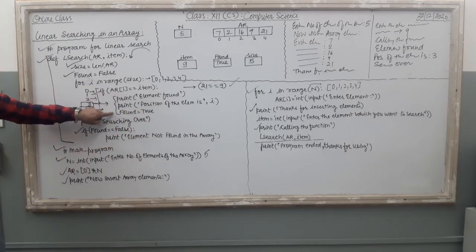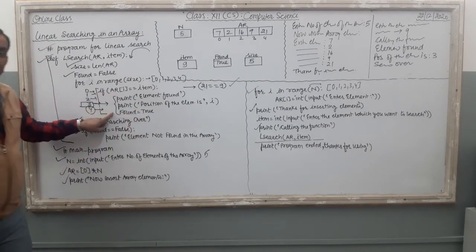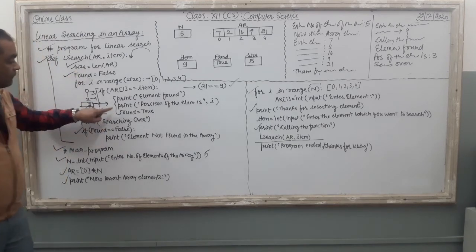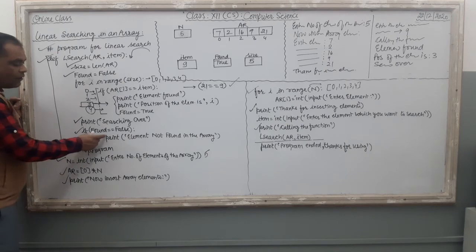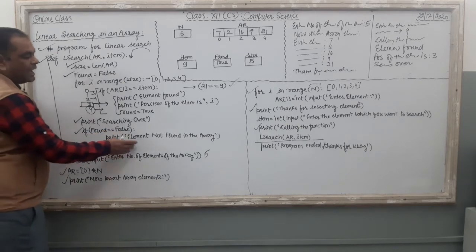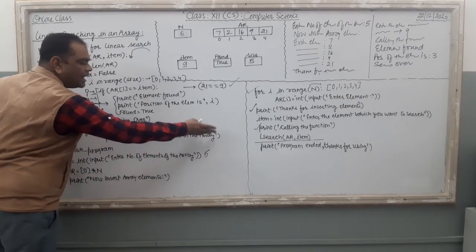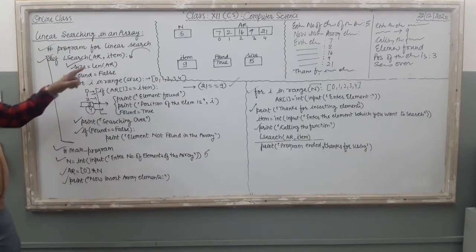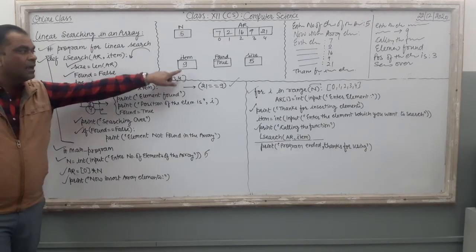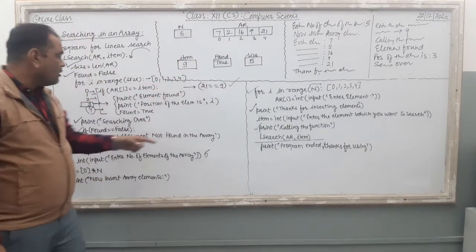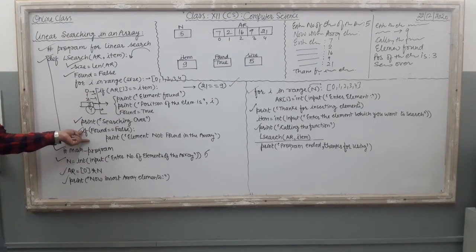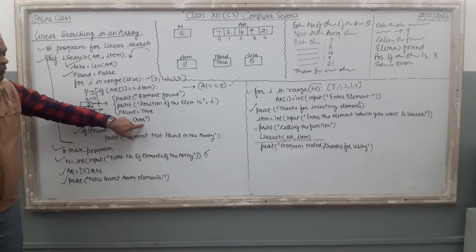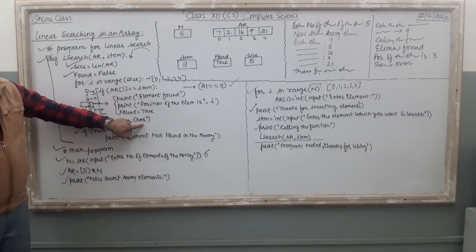Now, if no element is there, the specific element is not there in the array, then the value of found remains false only. And check this here. If found equal to false, it means what? Element not found in the array. Simple. But here in this concept, we are going to search 9. 9 is there in the array. So what will happen? The value of found became true. As soon as it is true, this if will not run. Done? Means only the searching over message will be there.